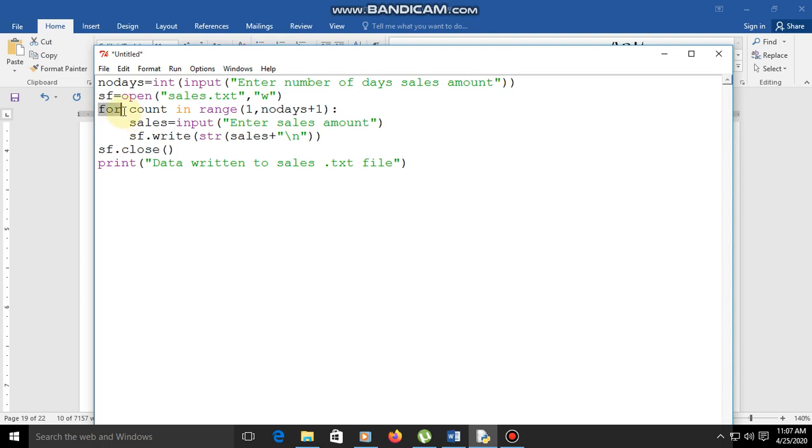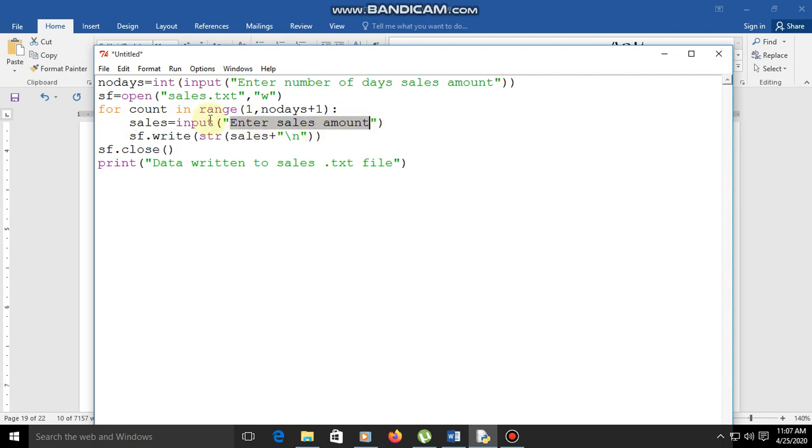Now I am using a for loop, for count in range. Here I am using the range function, which starts from 1 to number of days plus 1. However many days we have arranged, the count increases by 1, and sales equals the input function, enter sales amount.